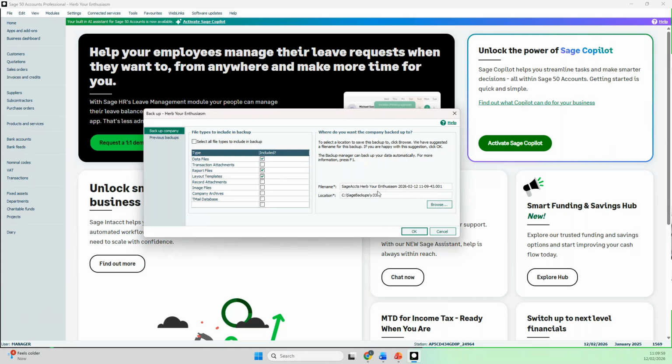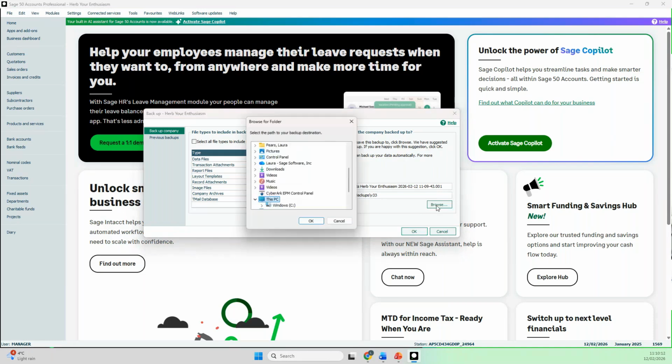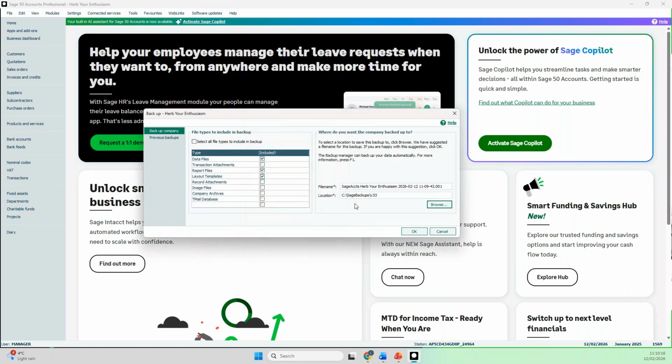So we can see here the file name. You can change that if you want to. If you were making any changes, you can type in there, and you can add additional detail if you want to. You can also change the location as well. You can just click on Browse and select an area that you want to pop that into. I'm happy with it going into my Sage Backups folder, which was created alongside the company there, and I'm using version 33. So I'm just going to say OK to that,